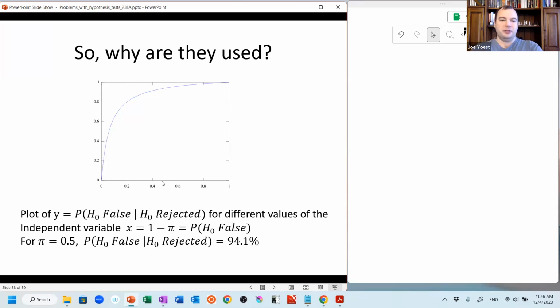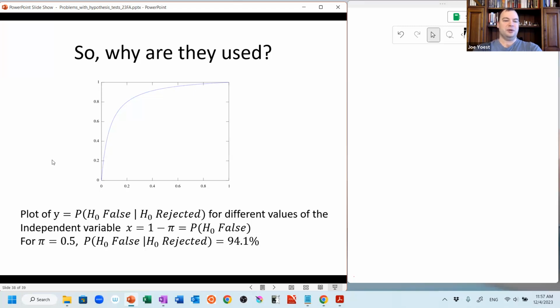So if we stay away from this edge case where it's very unlikely that H naught is false, or very likely that the null is true from the Bayesian perspective, if we stay away from trying to argue that the world is flat when the null is that the world is round, although I don't want to get into political discussion here, but if we stay away from things like that, then there actually is a lot of concordance between what might be considered a Bayesian approach versus this hypothesis testing approach. It's really whenever we're trying to